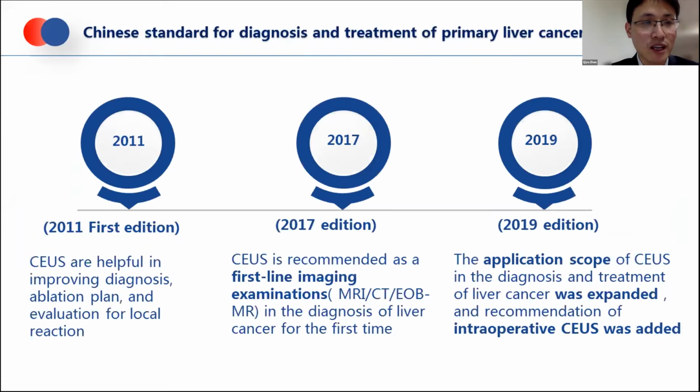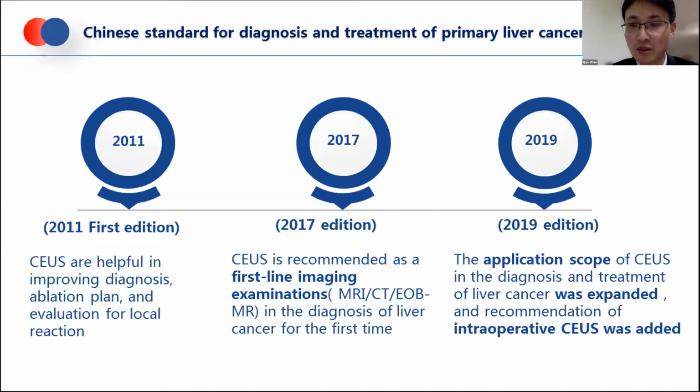In 2011, CEUS was added in the first edition of the Chinese Standard for Diagnosis and Treatment of Primary Liver Cancer. And in 2017, CEUS was recommended as a first-line imaging examination in the diagnosis of liver cancer for the first time. And in 2019, the application scope was expanded and